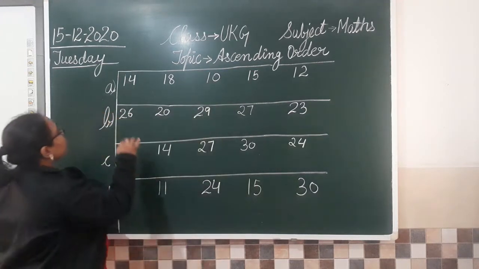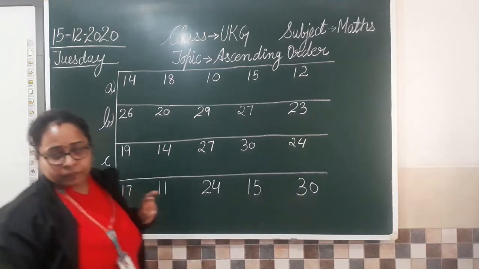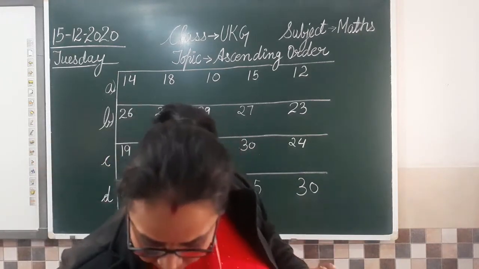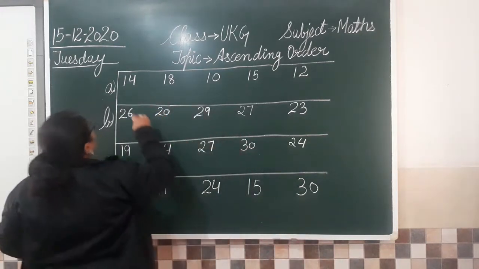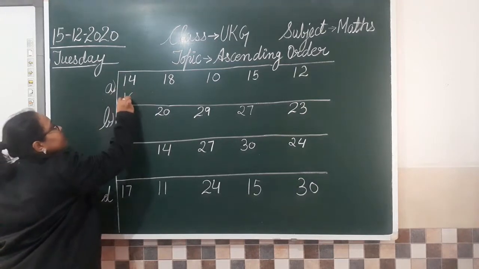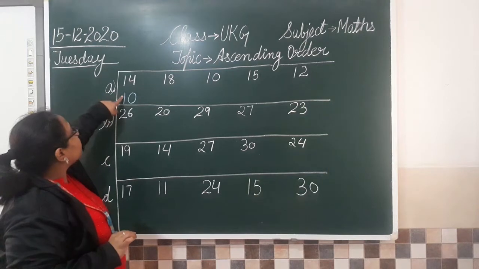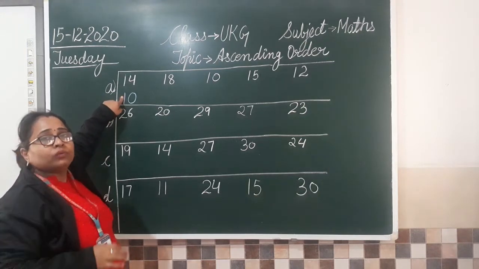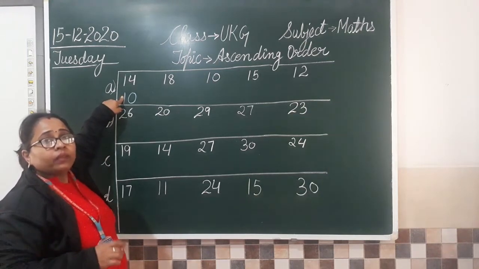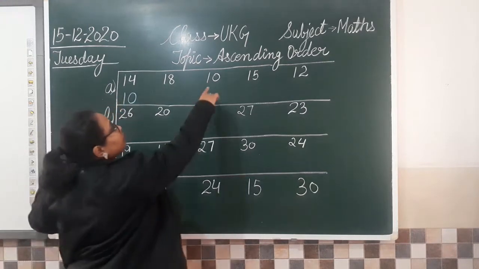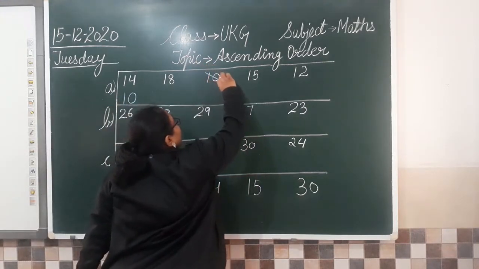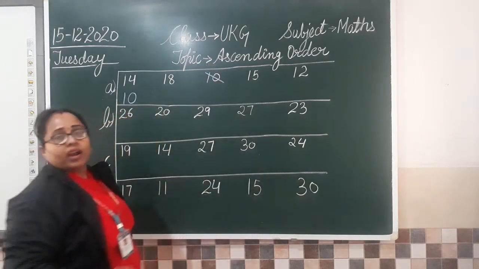So what we will do? We will first write the smallest number. Let's use a different chalk for this. Okay. I am writing the smallest number first. And what is the next step? After writing the number, or you can say after copying down the number, we cut the number from the top line like this. I have cut it.